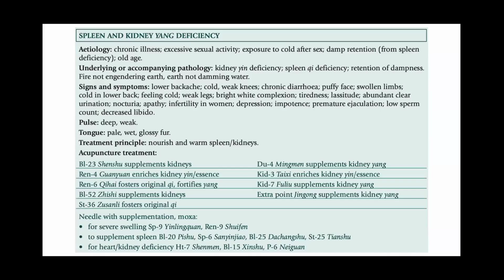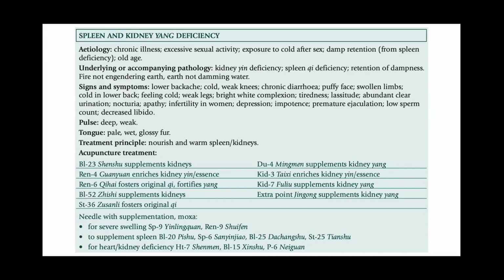So to summarize, spleen and kidney yang deficiency has its etiology in chronic illness, excessive sexual activity, exposure to cold after sex, damp retention from spleen deficiency, and old age. Its underlying or accompanying pathology is kidney yin deficiency, kidney qi deficiency, retention of dampness, fire not engendering earth, earth